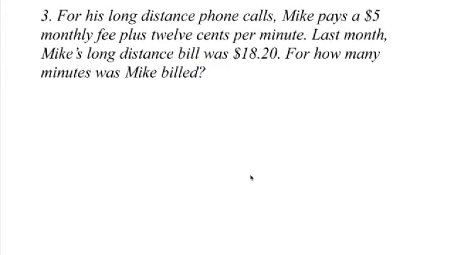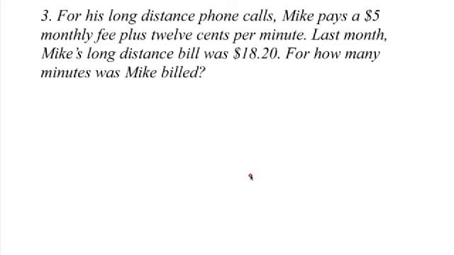These are very typical problems, and actually, if you go on to upper-level math, there are problems like this that appear when I teach business calculus as well. It's a really common setup. The setup for these problems is that there's one amount you pay once. You just pay the $5 once, but then you pay 12 cents for each minute that you talk. So I'll, again, showing enormous creativity, let X represent the number of minutes that you talk. So 12 cents per minute means 0.12 times X. And this comes out to be a total of $18.20. All right, now that you've set it up, it's a relatively easy equation to solve.